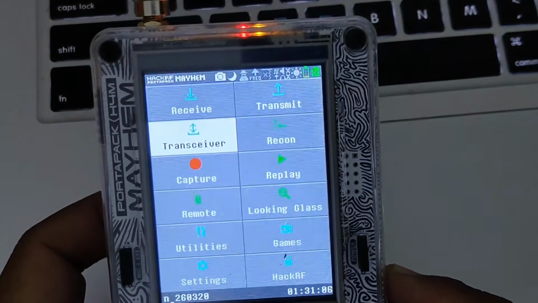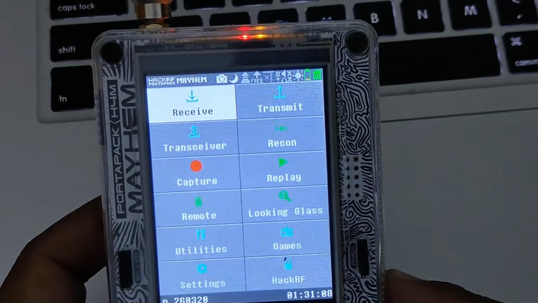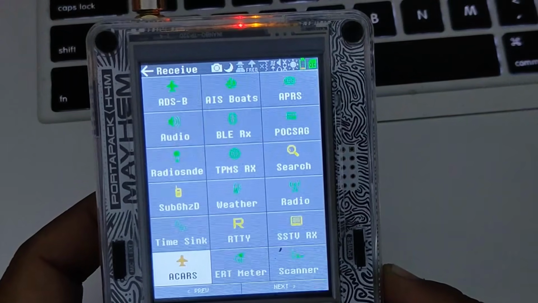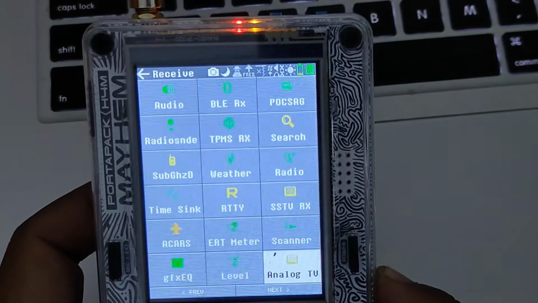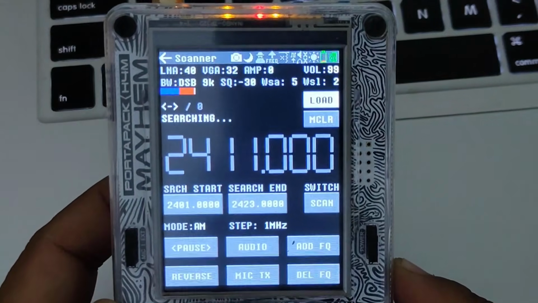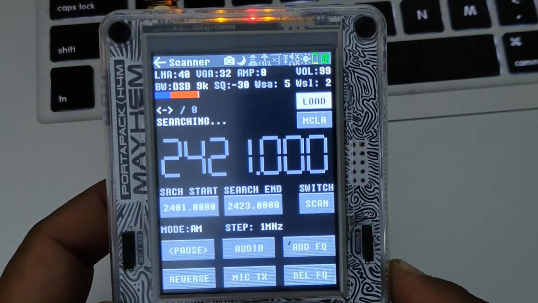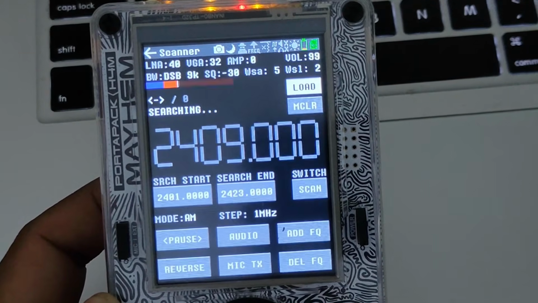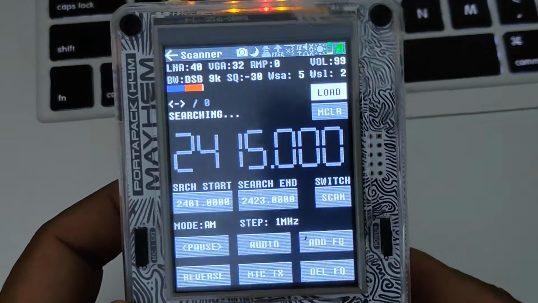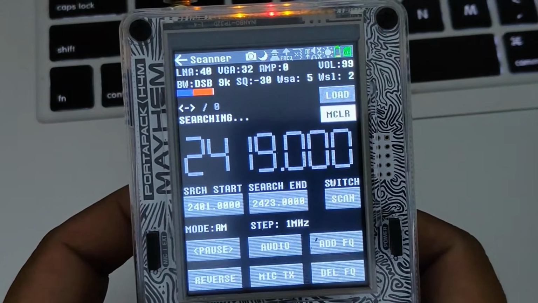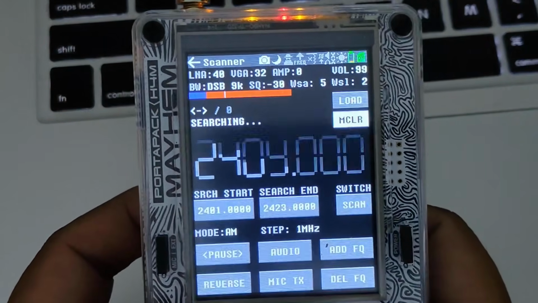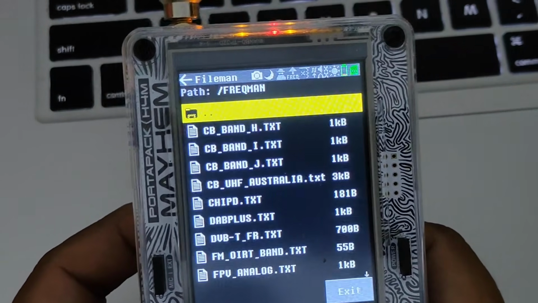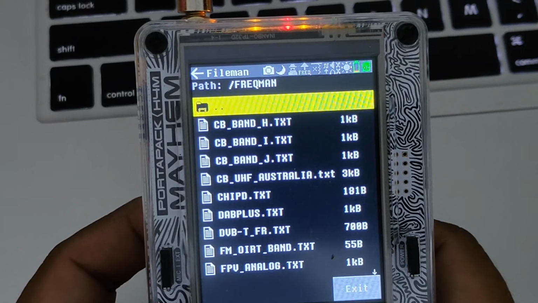The first tool that I'm going to explore today is actually an app called Scanner app. This scanner app is right here. This is the app that you can scan with. You can select the frequency that you want, and once it finds that frequency, it will lock onto it. You will see it in green, so you can change the frequency as well, or you can load the frequency as well. So for example, if you want to load something, there's a list of frequency bands which are available in your frequency menu